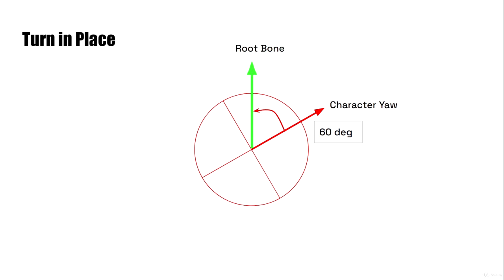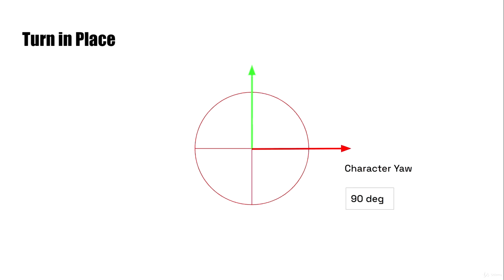So in one frame, if we rotated, say, 60 degrees, then we'd need to rotate the root bone back. So the root bone will stay still while the actual character, the capsule, is going to rotate. So if we rotate the character by 60 degrees, we need to compensate by rotating the root bone back by negative 60 degrees. Now, as soon as the character rotates a maximum amount, say 90 degrees, that is when we're